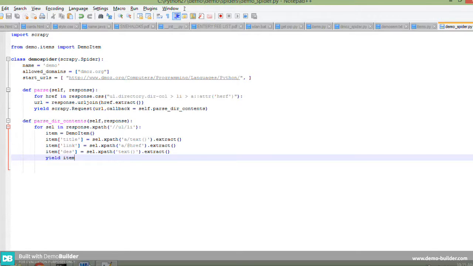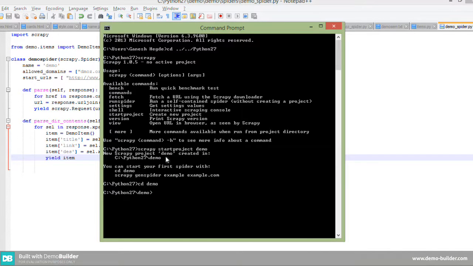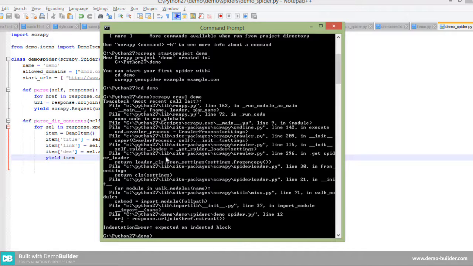For running, we need to go to command prompt, and I'm in the demo project only. I need to run scrapy crawl. What is the name of this folder? Okay, demo. Hit enter, it will show if any error is there. Okay, indentation error is there. I need to go there.